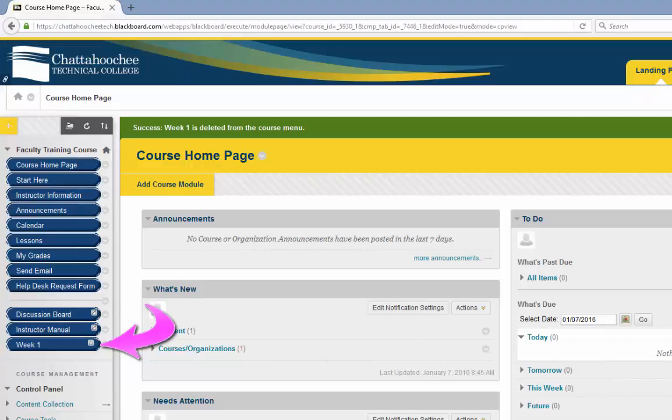As soon as you add content to a content area, the gray box will disappear and students will be able to see the menu item, just as they can see Start Here and Lessons, which are two default content areas that we include in all new courses. All content areas look exactly the same. If we click Start Here,